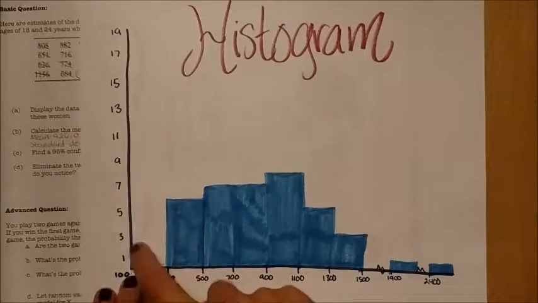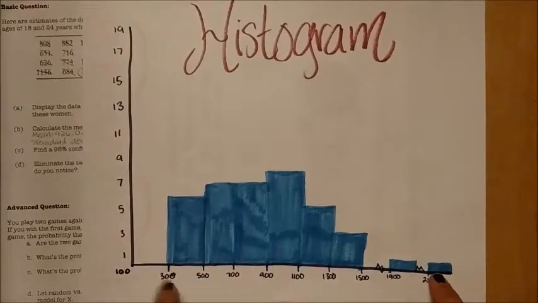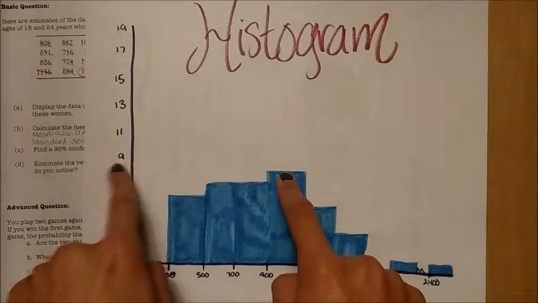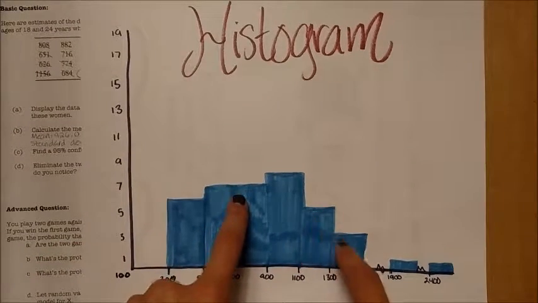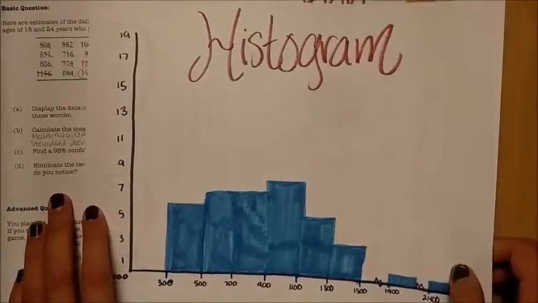I did the amount of people in each range on the bottom and then going up, so it kind of tells you that between 900 and 1100 are the most, and that's around 8 people, and then it looks like 7 and 5 in that range of people are in the rest of them. So